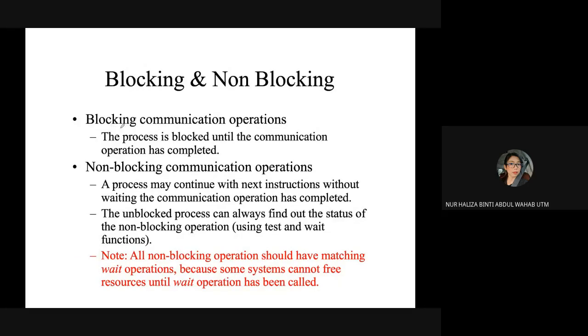So blocking communication operation: the process is blocked until the communication operation has completed. Let me give you a simple example about laundry.